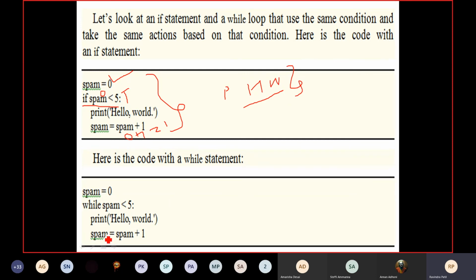But our intention was to repeat these set of statements again and again until the condition is true. So when we wish to execute a set of statements repeatedly until a particular condition is satisfied, we go for a loop statement.